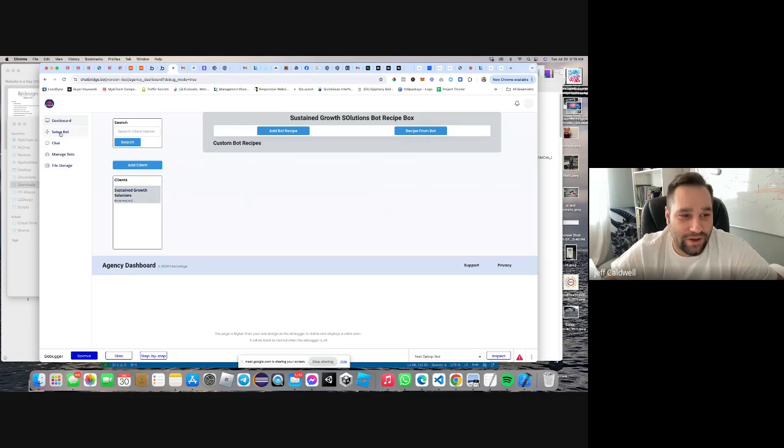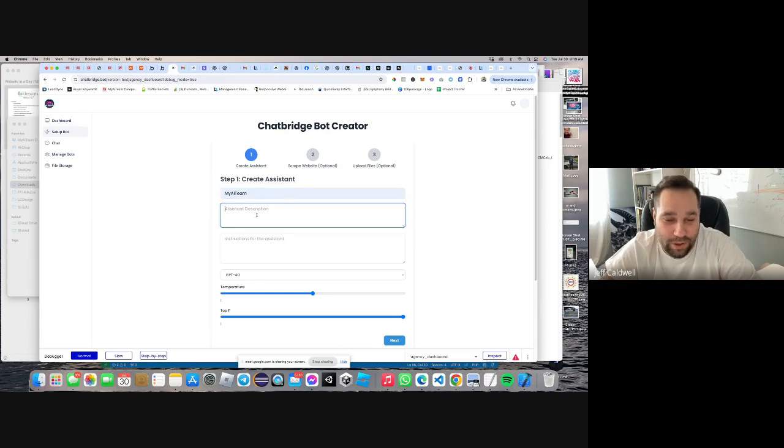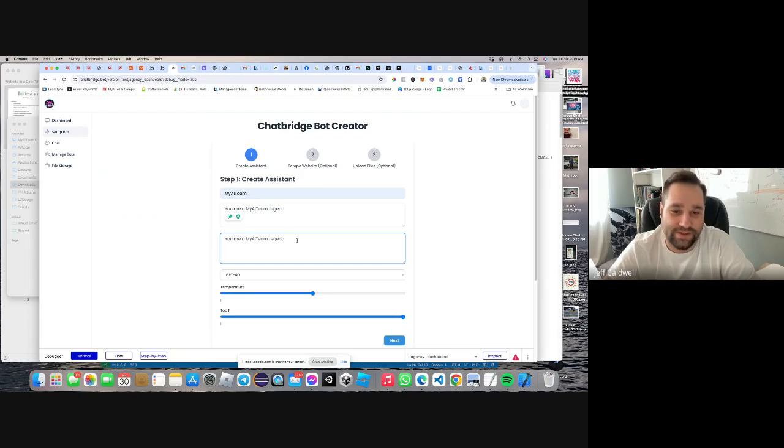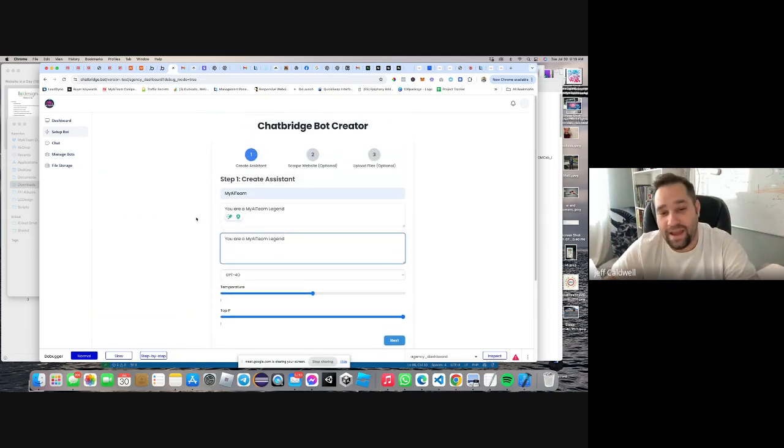Since then we made it where you could actually set up the bots, so you could create a bot, and then I could put a description. So I could say you are a My AI team legend. There are also these instructions for the assistant, so that's the actual instructions for the brain. Everything that you guys see here is completely coded by the AI. All I did was prompt it inside my AI team, like, hey, do this, make it look like Apple designed it, right? You are on My AI team legend. You use your files to answer